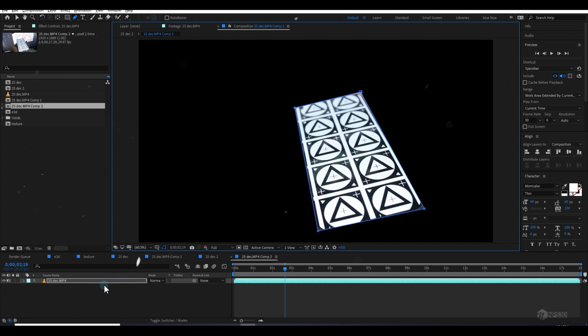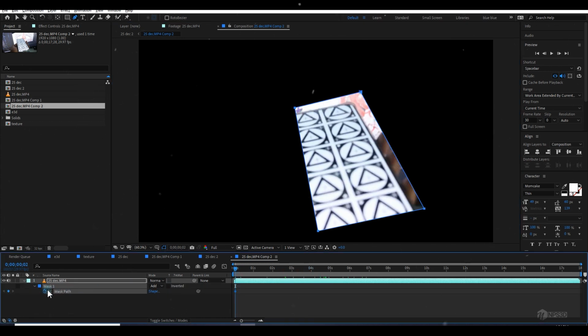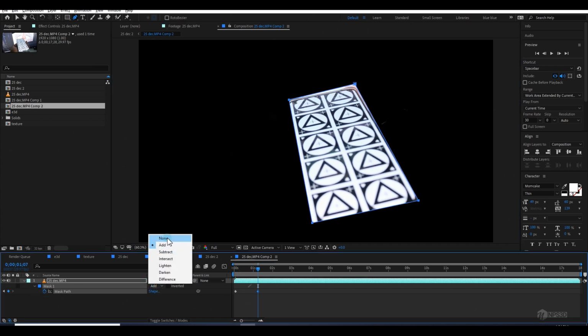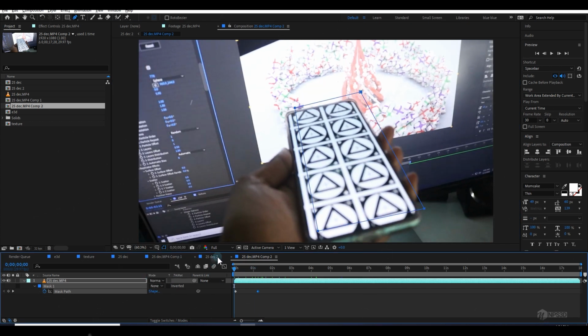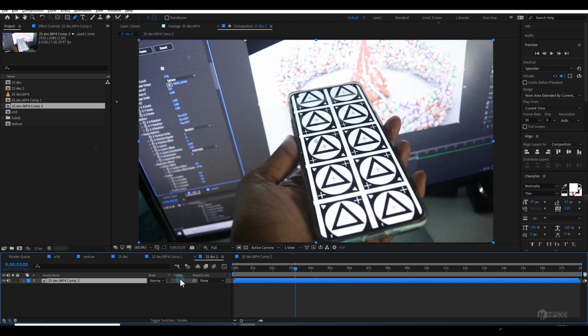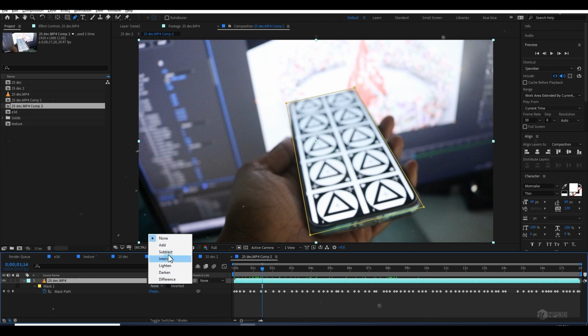I already covered this step in around my 2 to 3 videos, so I'm not going to do the same thing, but you can simply add a mask here, go a few frames, and adjust the mask. You can change it to None here so you can see it. Once everything is done, and I have done it, I will come back here and first make it additive.